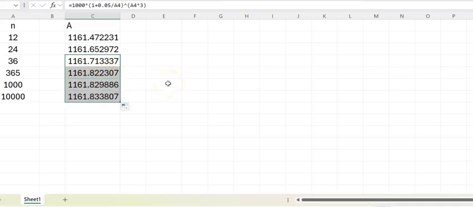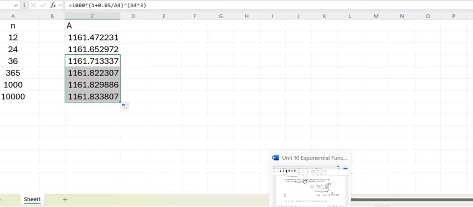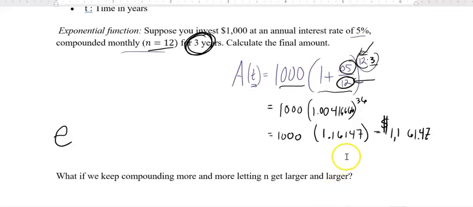You're going to study this when you get to calculus. But what's going on here is n goes to infinity. This amount does not go to infinity. It doesn't get bigger and bigger and bigger. There's a restriction there, and we can define that restriction, or that limit, with a very special number called e. Okay, so what I'm doing here is I'm leaving